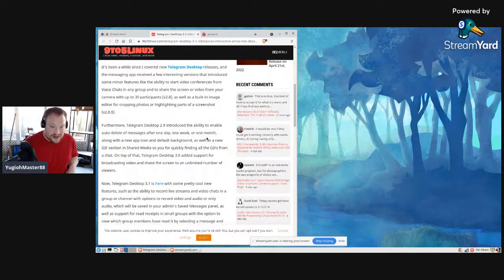Furthermore, Telegram 2.9 introduced the ability to enable auto delete of messages after 1 day, 1 week, 1 month, along with the new app icon and default background, as well as a new GIF section in shared media, so you can quickly find all the GIFs from a chat. On top of that, Telegram 3.0 added support for broadcasting video and sharing the screen to an